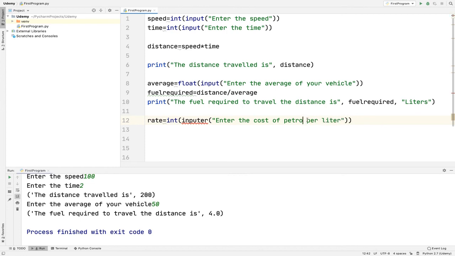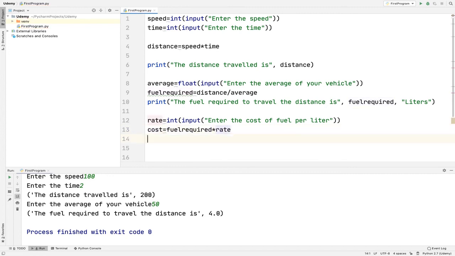Okay, because I am working with the fuel program, so I'll write it like this. There is a spelling error over here. Input this. Okay, and then I have to find out the total cost. So cost is going to be fuel required into rate.